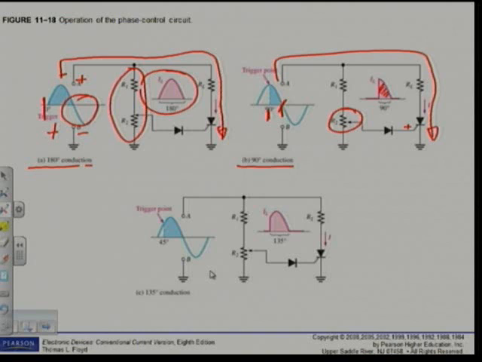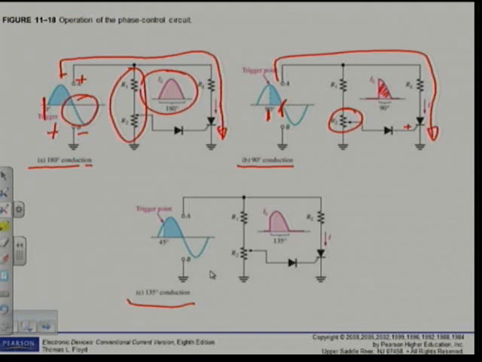Everybody with me? That means the only condition under which the SCR will turn off is when my current drops to a value lower than my holding current. Let's go and have a look at C. At C, I got a